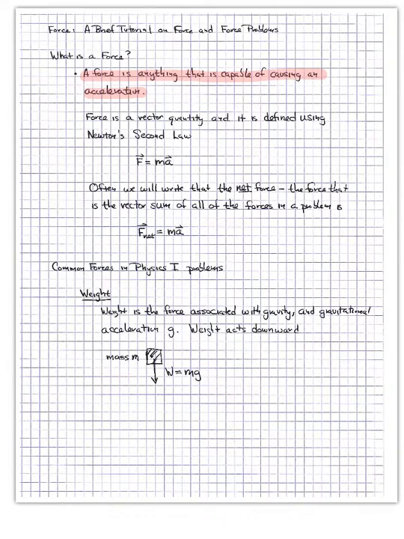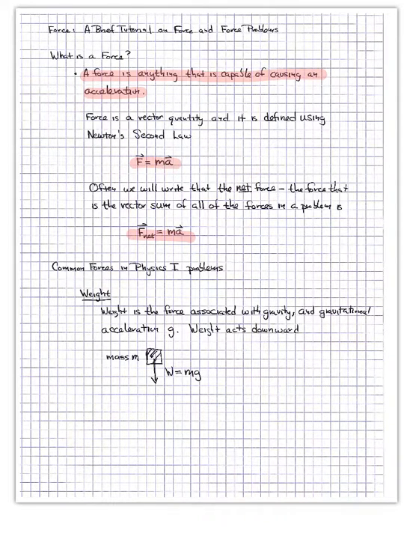So forces are vectors, and we can define the vector quantity mathematically using Newton's second law, F equals ma. And a lot of times we'll write that the net force, which is the vector sum of all the forces acting on an object, F net, is ma. So the net force is an interesting and important concept. The net force is the vector sum of all of the real forces that act on some object,